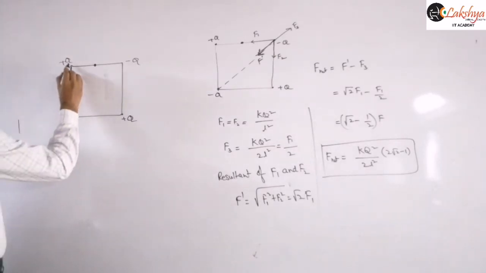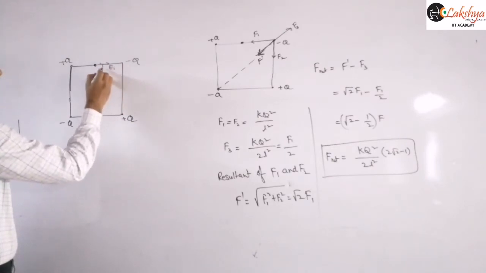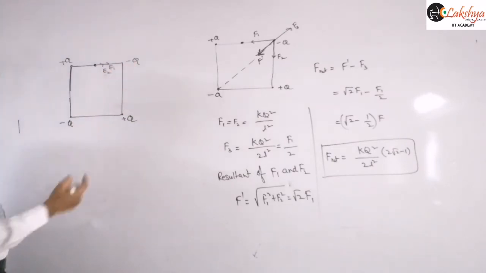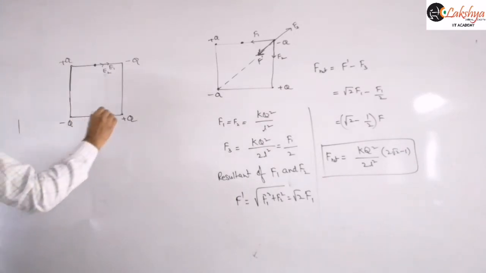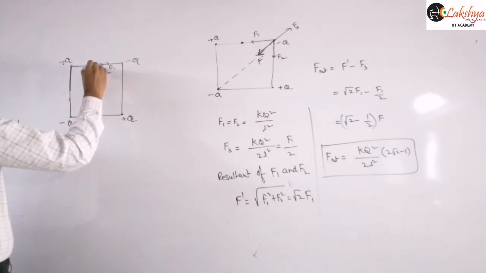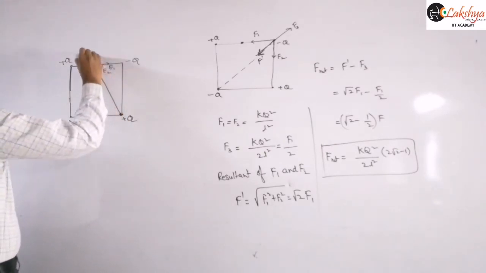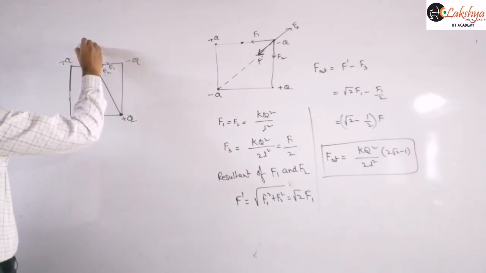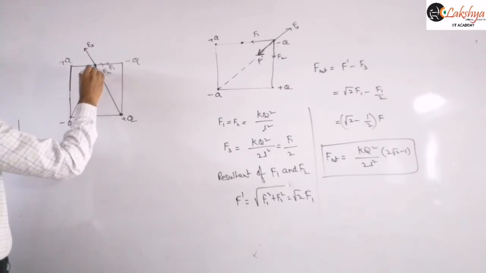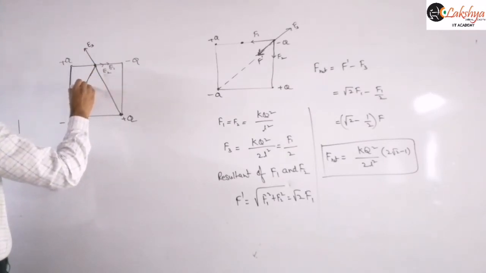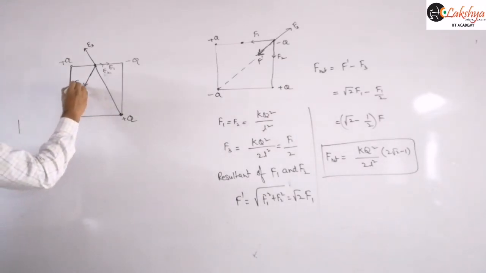Now we can write the electric field due to this charge will be away from the charge, say E1, and the electric field due to this charge will be E2, and it is towards the negative charge. Next, the electric field due to this charge we need to find here, and this charge will be positive, so you will get E3 like this. And the electric field due to this charge we need to write here, this is a negative charge, so negative charge means towards the charge. So like this. This is E4.